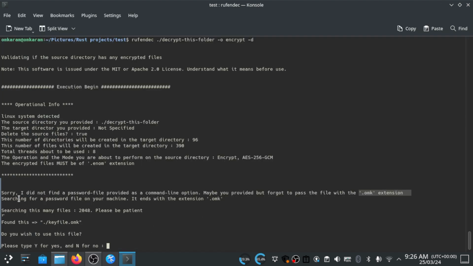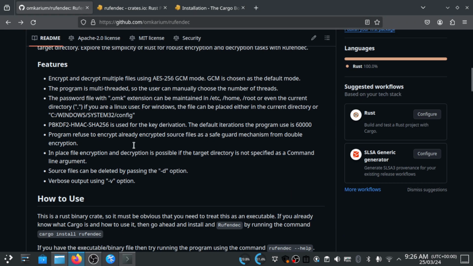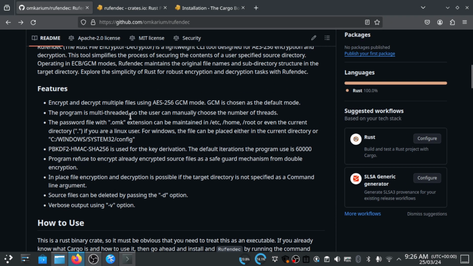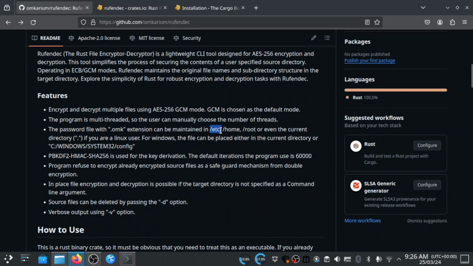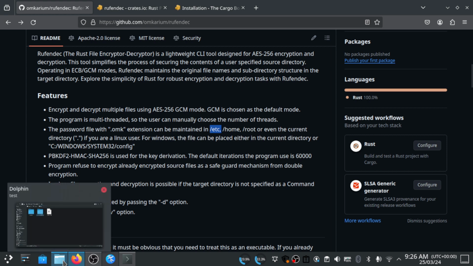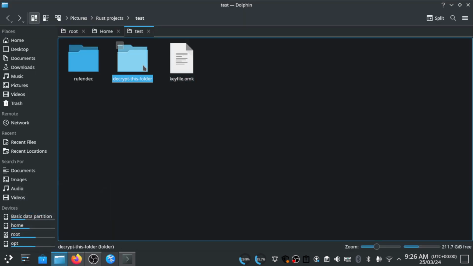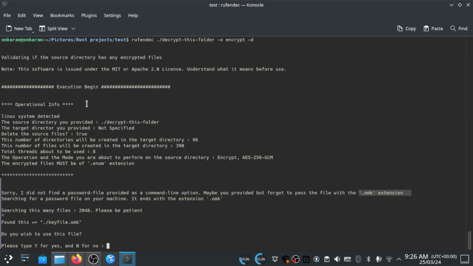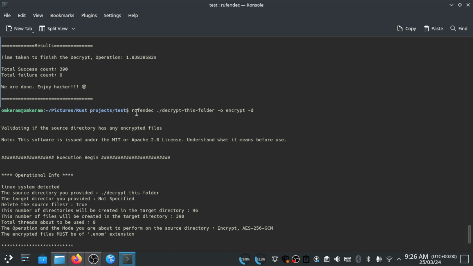All right. Searching for a password file on your machine that ends with .omk, it searches for the file based on an order, and that order is also specified here. I have mentioned it here. So first it will look at the current directory, which is your dot, and then it will go two levels back. So wherever you're running the program, I'm running this program in this test folder, right? So it first looks for the file inside